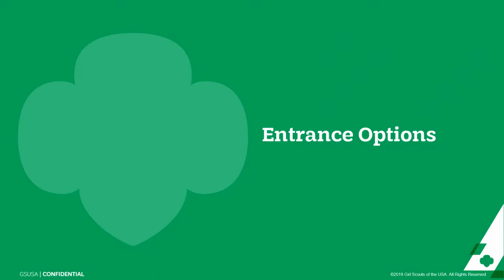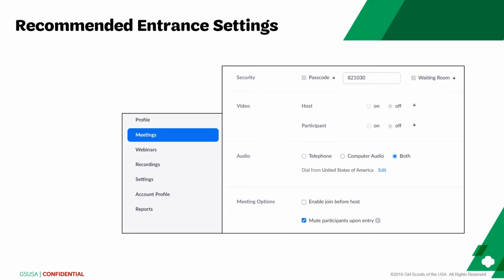When scheduling your meeting, you can customize participant entrance options to provide a safer virtual environment for your troop. There are several entrance options we recommend when scheduling your meeting. To add an additional layer of security, we recommend enabling a meeting passcode in waiting room. Using a passcode in waiting room, attendees can be verified by the meeting host or co-host before they're admitted to